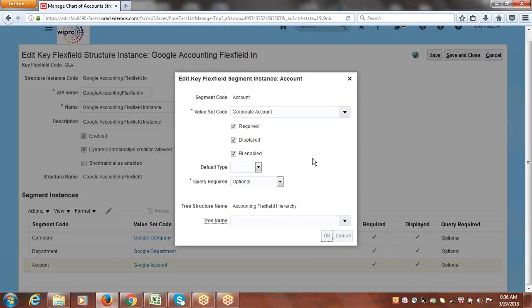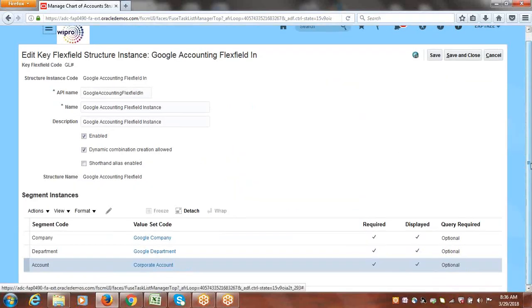So done. Any question on this point, please? We are just overriding the value set for our account. Any question related to this from anyone, please? Lakshman,